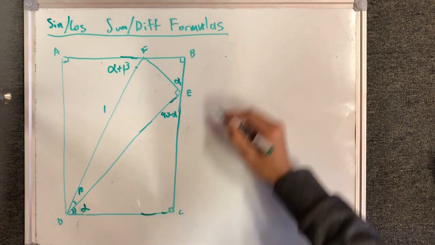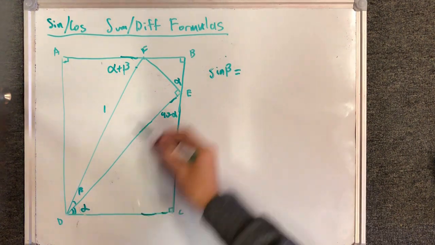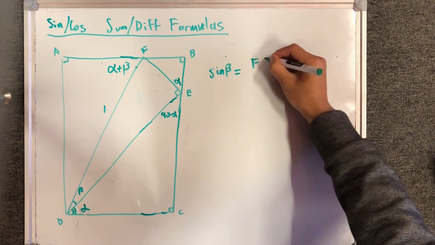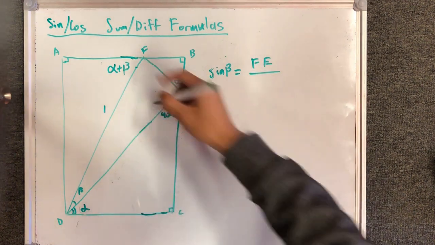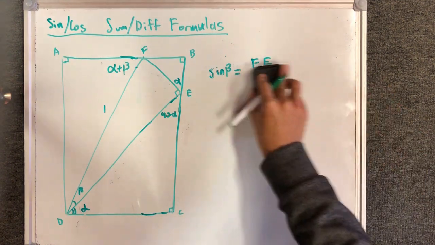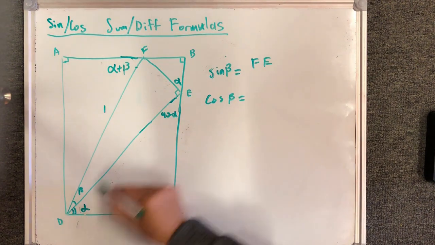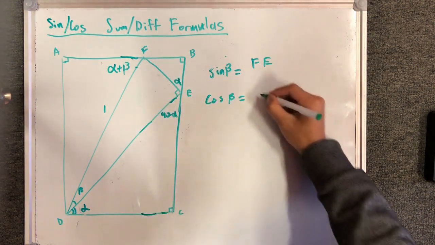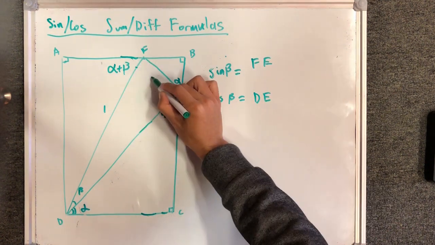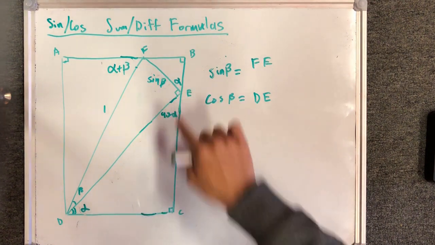So if I look at beta, I can take the sine of beta, and this must give me FE over DF. So FE over DF, which is 1. So FE is simply sine of beta. If I take the cosine of beta, this will be DE over DF, which is simply DE over 1. We found that FE has a length of sine beta. DE has a length